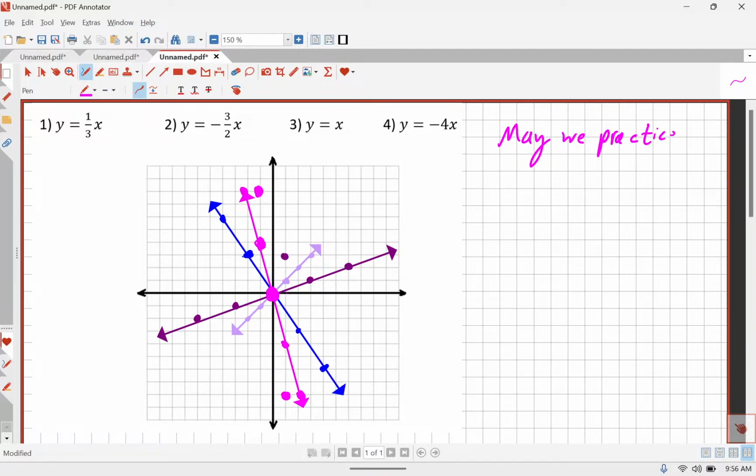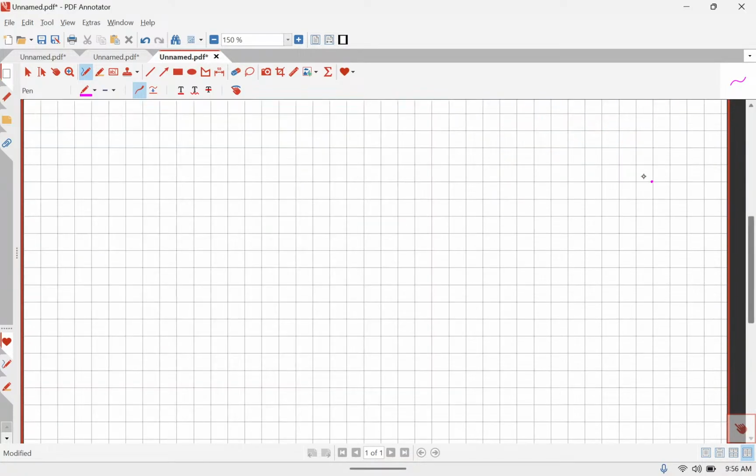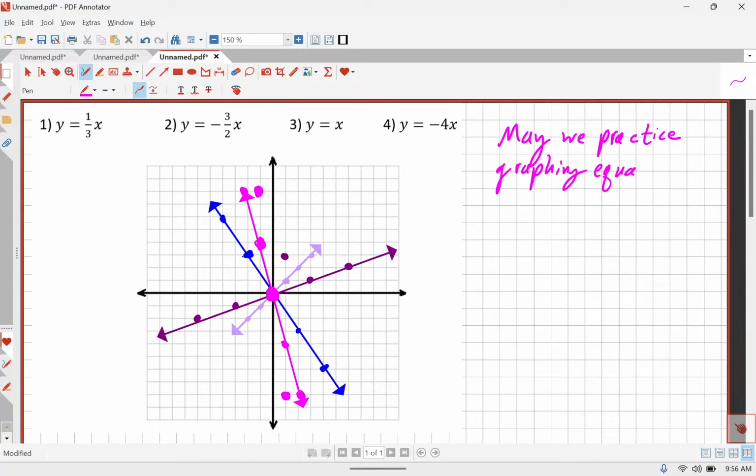My K's look like R's because I'm from Seattle. May we practice graphing proportions